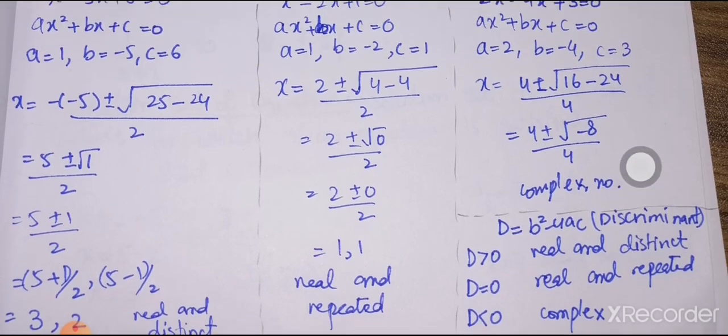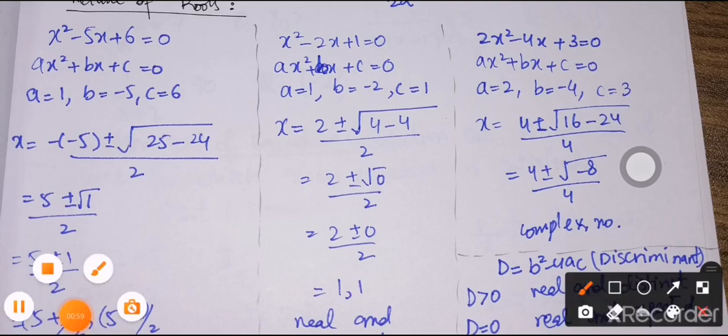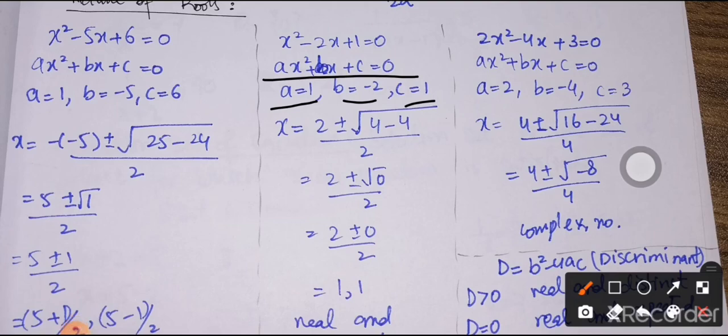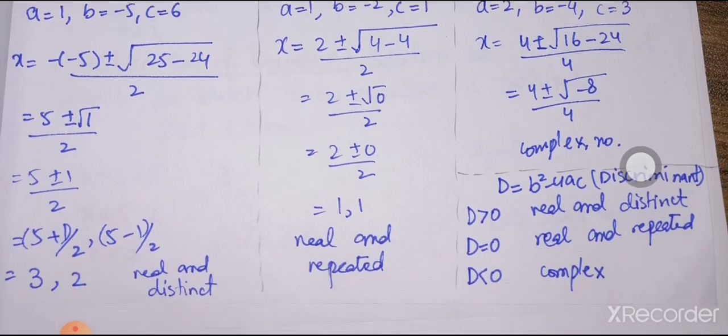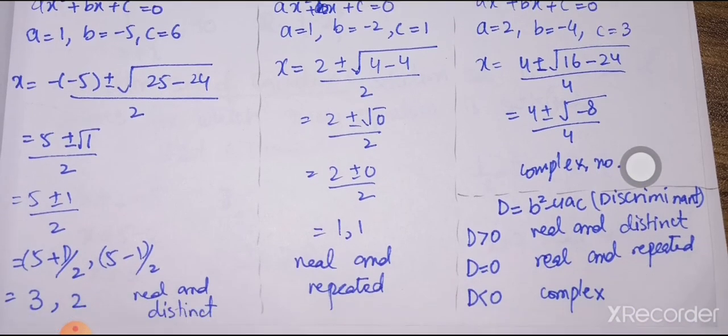Next we have the equation x square minus 2x plus 1 is equal to 0. Again comparing it with the standard form of quadratic equation, we will get a is 1, b is minus 2 and c to be plus 1. Now inserting the values in the quadratic formula, we will get 4 minus 4, that is 0, and square root of 0 is 0. So when I am going to add 0, that is 2 plus 0 over 2, it will be 1, and when I am going to subtract 0, again we will get the same answer, and hence you can see that we are going to have real and repeated roots. We cannot say that we are going to have only one root. We are having two roots, but both are the same.